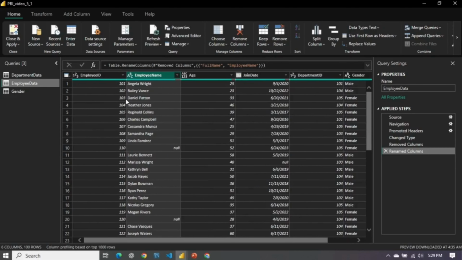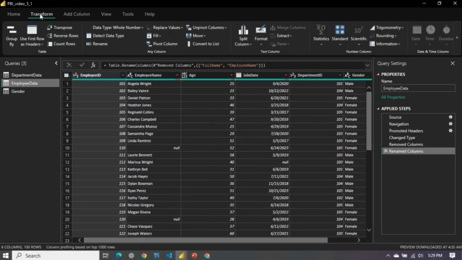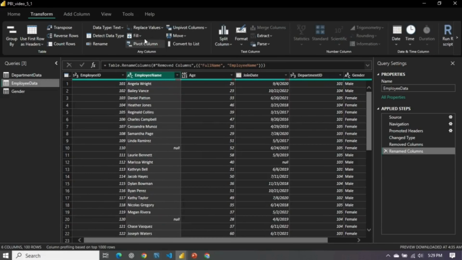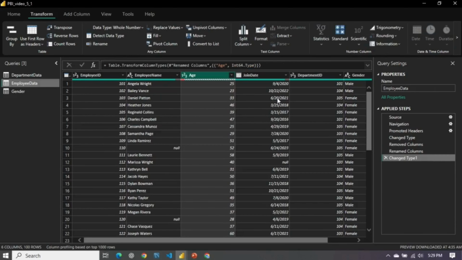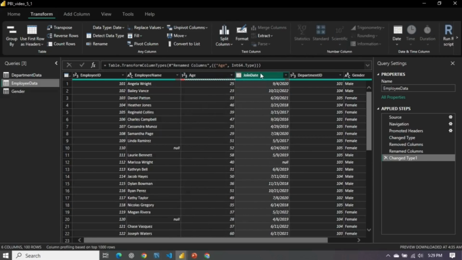Now, what is next? Next, let's see the data types of the columns. First select the column, then go to the Transform tab. Here you can find the data type of this particular column. It is showing whole number. Let's see the employee name. This is text, and the age seems to be a whole number, but it is showing Any. That means it is not able to identify which data type it is. So just click on the drop down and you can find Whole Number. Just click on Whole Number and here it goes. That is how we can easily change the data type.